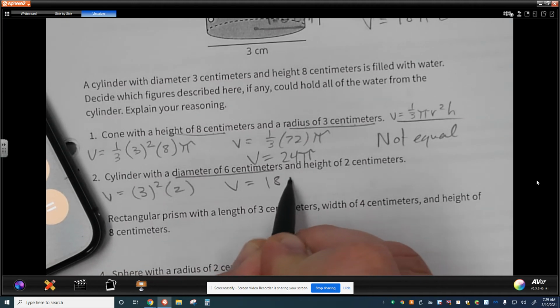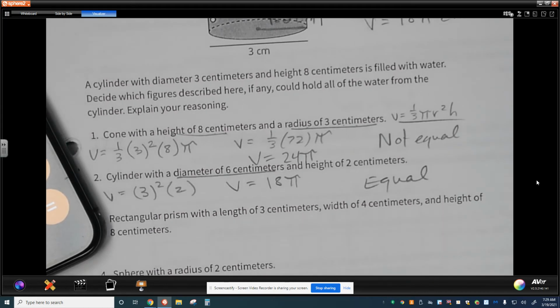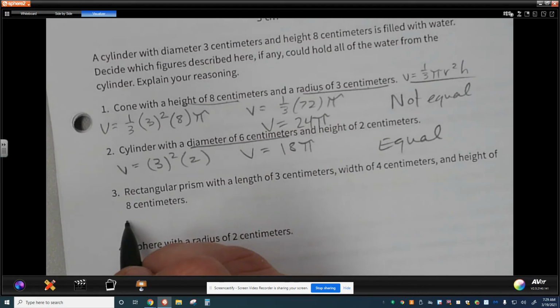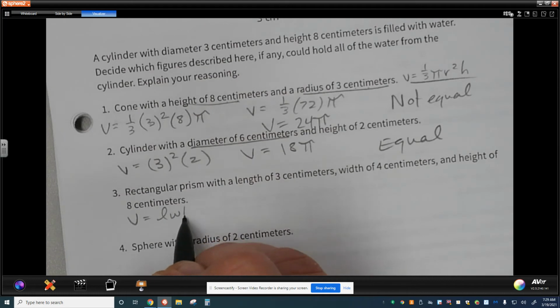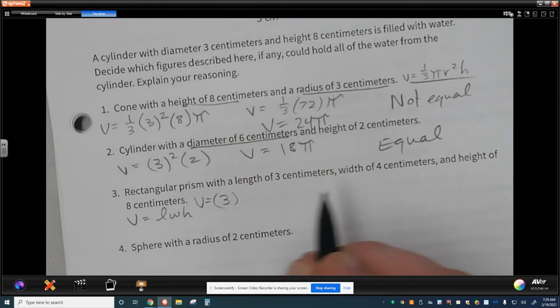which is 18 times pi. This one is equal because it has the exact same volume, 18 times pi. Rectangular prism, remember the volume is equal to length times width times height. So we have 3 times 4